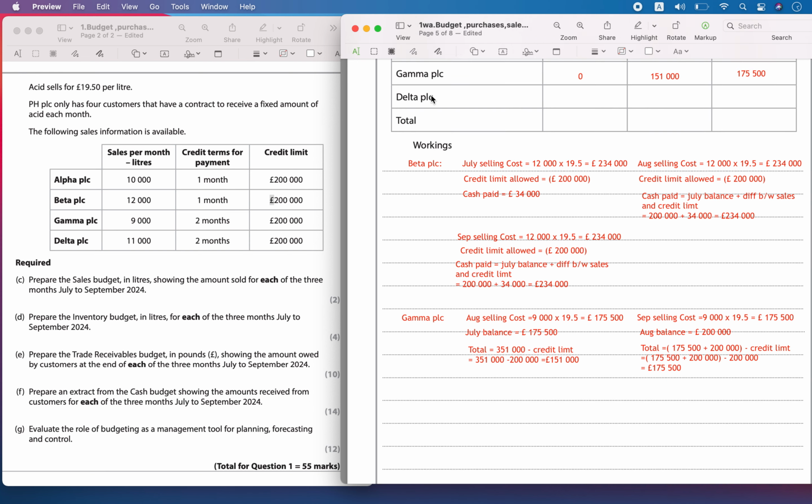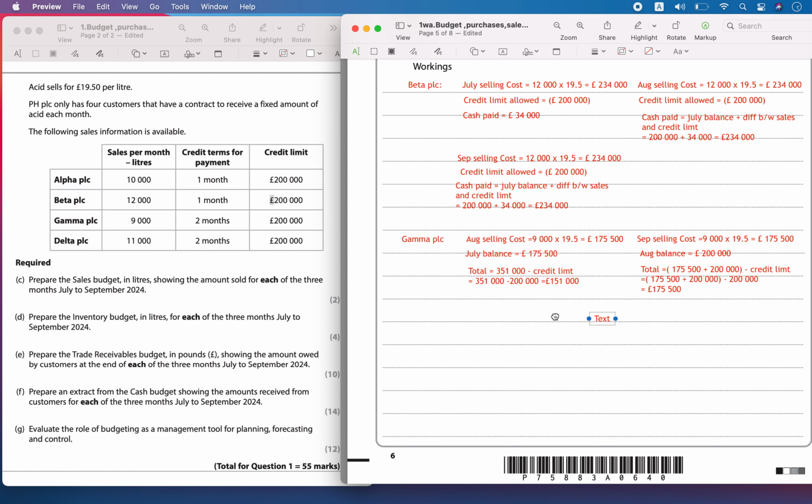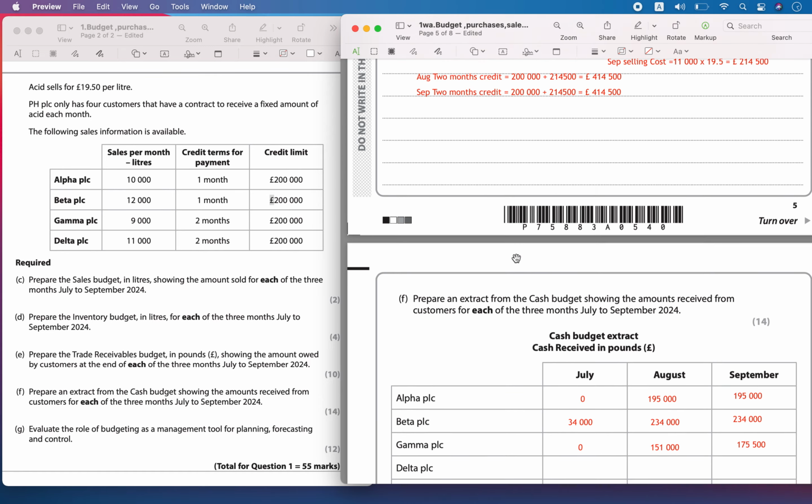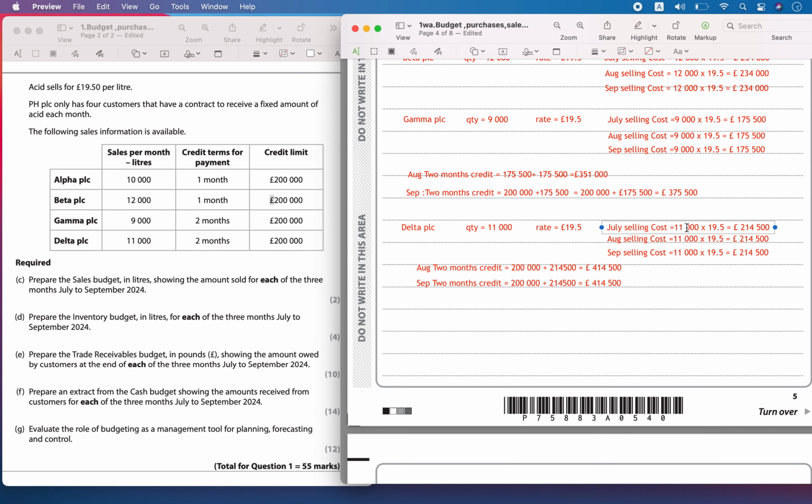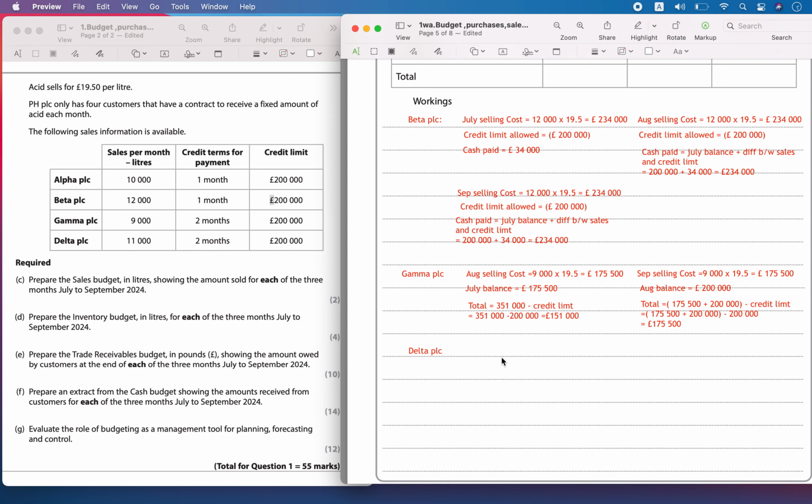Now let's calculate for Delta PLC, which has a 2-month credit. Let's calculate for the first year. For the month of July it was 214,500. But the maximum credit limit is equal to 200,000. We have to subtract, so the total that needs to be paid is always